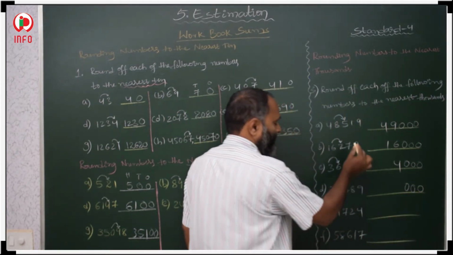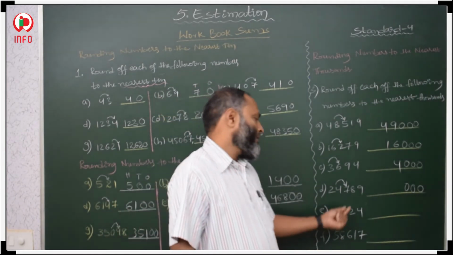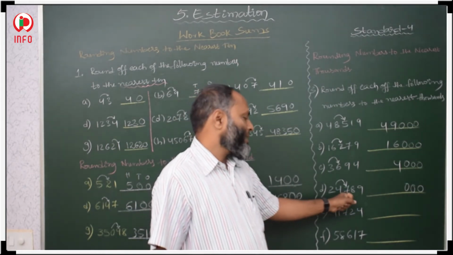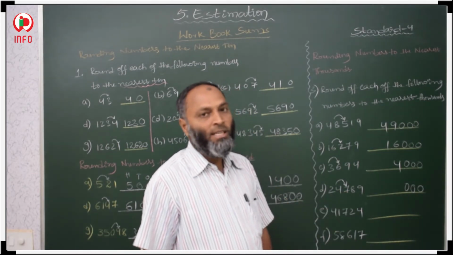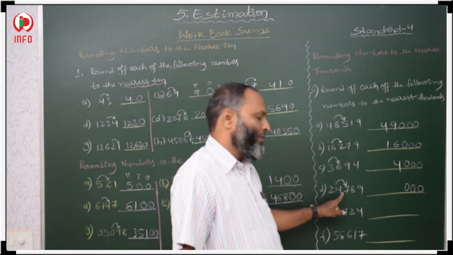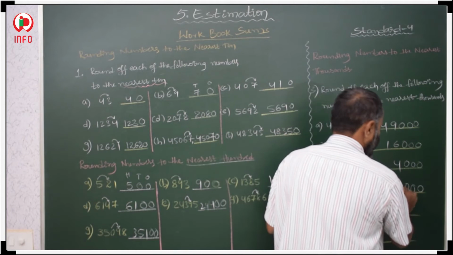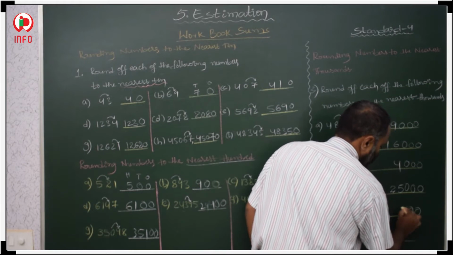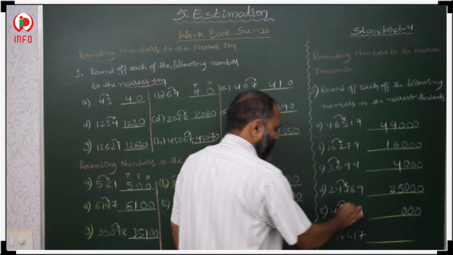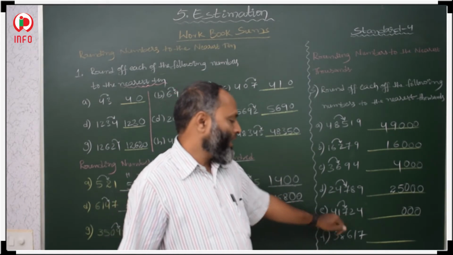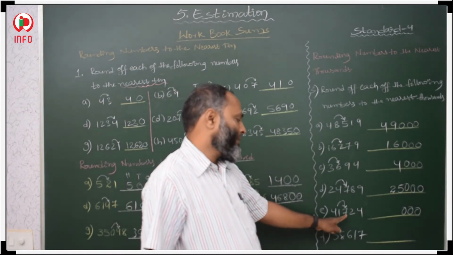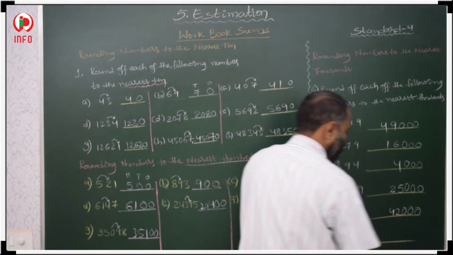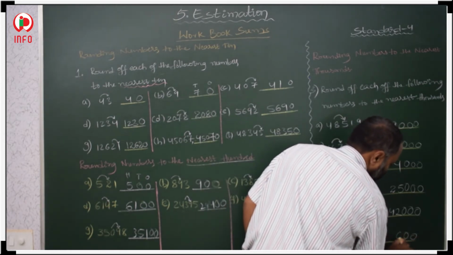Then what is there in the thousands place? For that we have to check what is there in the hundreds place. In the hundreds place 7 is there. 7 means it is greater than 5. So we have to add plus 1 to the thousands. 4 plus 1, 5, and the 10,000s place as it is. Again the ones, tens, hundreds places are the same. Thousands place: for that we have to check the hundreds place. It is greater than 5. We have to add plus 1 to this thousands place. 1 plus 1, and 4 as it is. And the ones, tens, hundreds are the same.